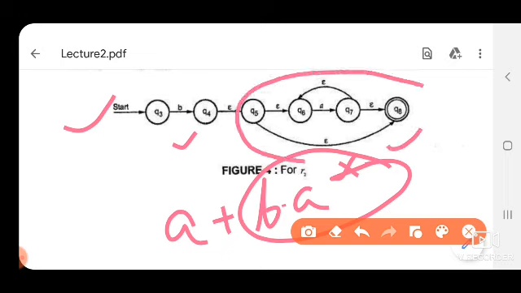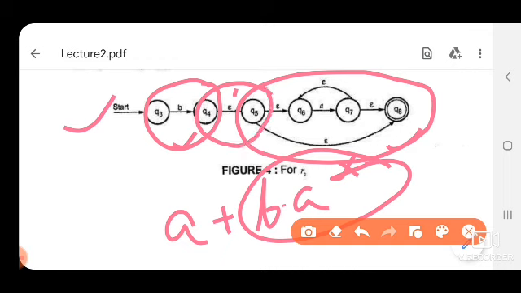This whole figure is for a asterisk and this is for b, and we have joined these two figures with null. Okay. We can simplify it in a manner. We may combine Q4 and Q5 as a single state, as we have seen in the previous case. But this representation is also correct.